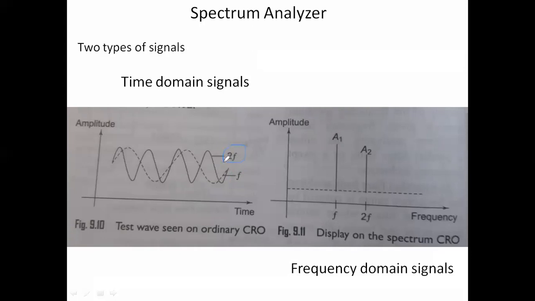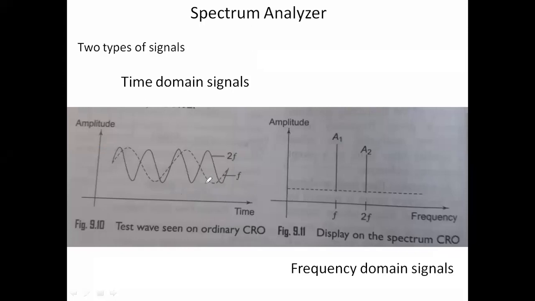Okay. So like this we can represent a number of frequency signals and their amplitudes. On the y-axis we have the amplitude, and on the x-axis we have time. So in the time domain we have the amplitude and the time, and with respect to time we can find the frequency of the given signals. So 1 over the time gives the frequency. Okay, so the individual signal frequencies we can get.